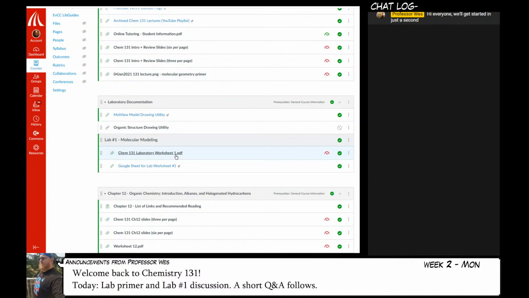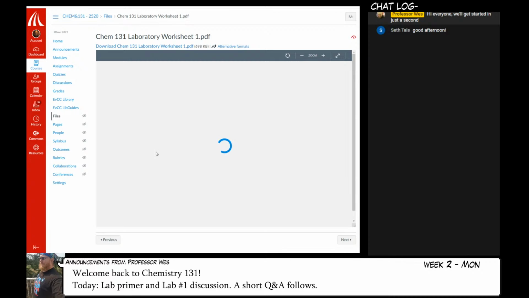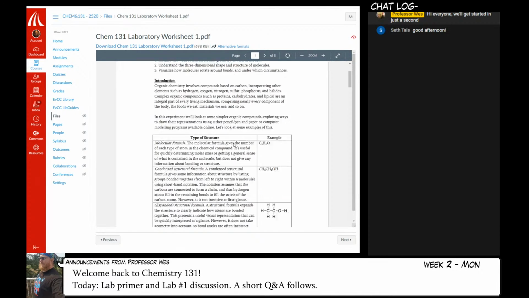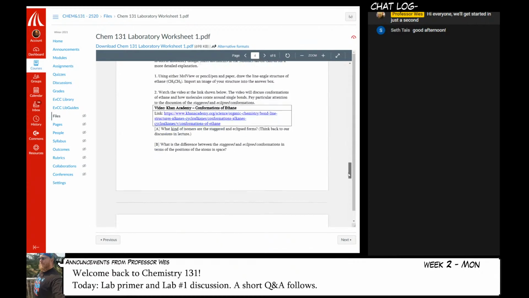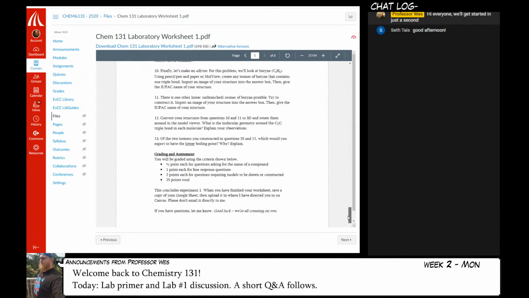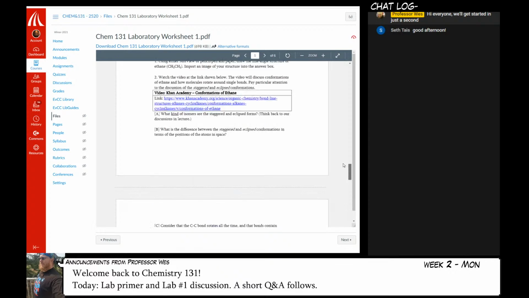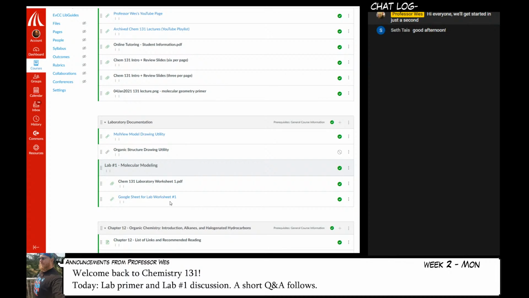First thing you're going to want to do is download the PDF. So that's this file right here. It will take you to a separate screen, and then you can access all of the instructions. Okay, so these are just instructions, and there's a whole documentation telling you about what to do, and there will be questions that you'll need to answer. Now you're going to put those answers in a specific spot, and that specific spot is in the Google